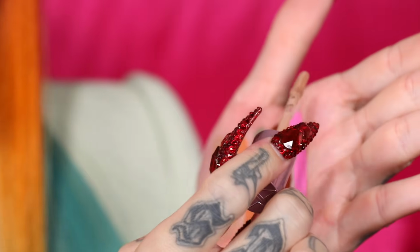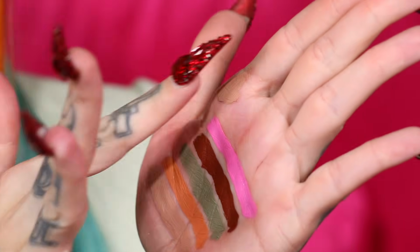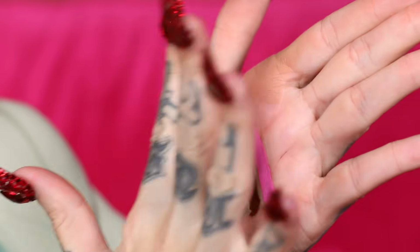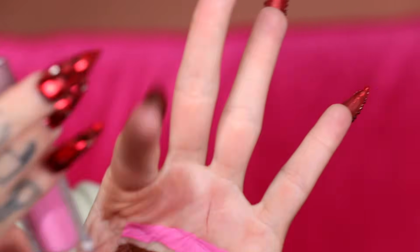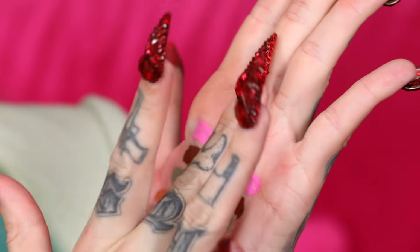I wanna show you guys how easily these blend out, because if you've never tried a liquid eyeshadow, you're going to be shook. So imagine this is your lid, you guys. Literally swatch on your lid, take a brush, take a finger, take anything, and you just buff and blend this out onto the skin and the lid. You can make the perfect smoky eye. Obviously this color is very light, but let's even do it to the pink. This is like a real f you Barbie pink. So fun for smoky. You literally just dab it on with the brush, blend it out, and it is absolutely